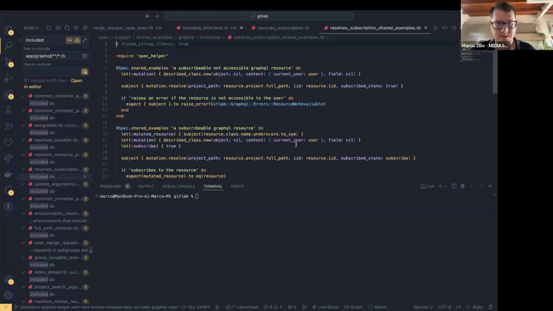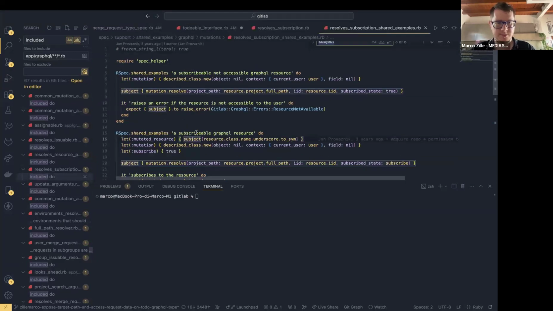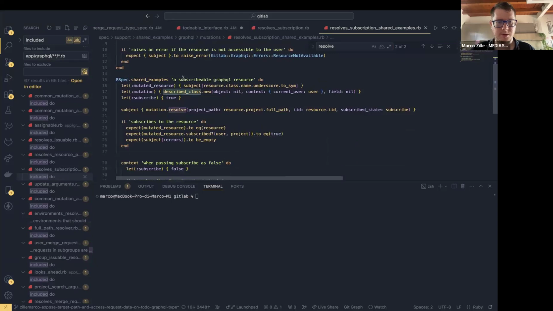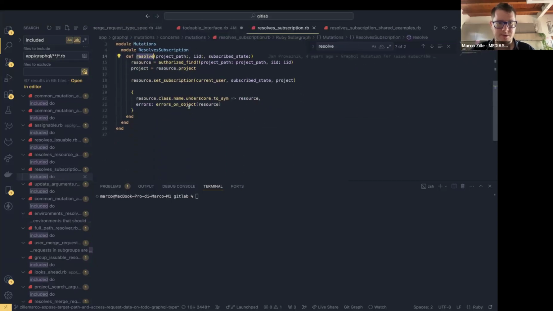Yeah, it doesn't exist, a real test for this module. Mutation described class, but this is included. Yeah, it doesn't really have